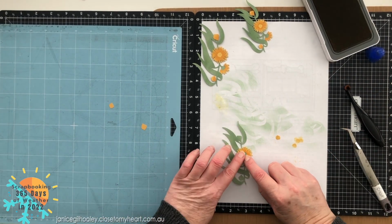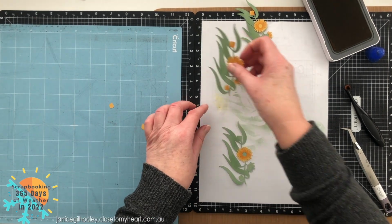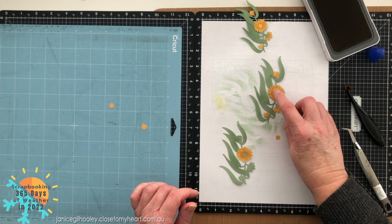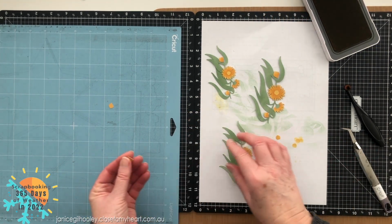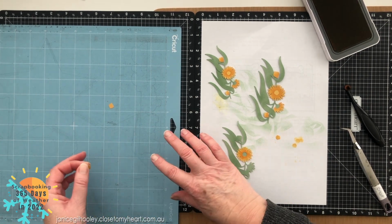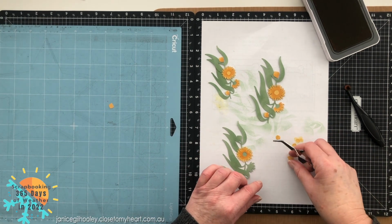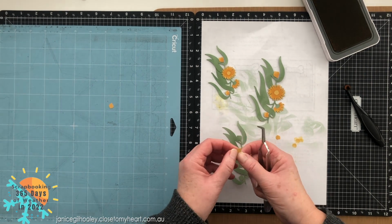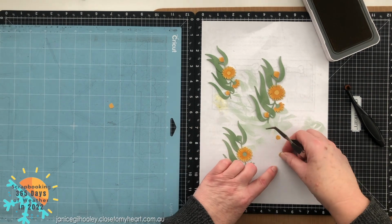Now I've lost my little center, so I'm going to have to cut that piece out again, but basically that is the center with the light side, no inking on it at all, and I just pop that straight back in. I usually keep all the small little pieces on the mat, and I've taken it off and I've lost it. So now what I'm going to do is just move ahead with these two larger pieces of the floral elements, the little buds, work out which way these go,